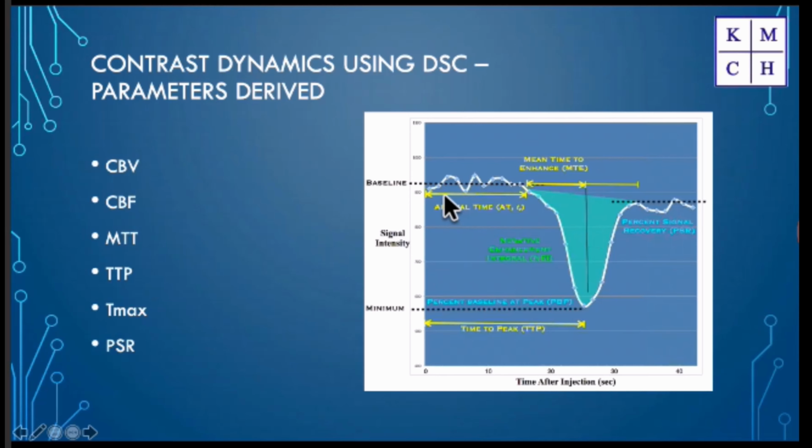So how do perfusion parameters work? We have a tracer which can cause either a dip in signal, as happens in T2 star. In CT, it will actually cause an increase in signal, and it will be recovered as it passes through the area of interest. And as we can see using this graph, we can look at various parameters, including the CBF, CBV, and the transit times. Since the focus is on ASL, I would skip this part and not go into detail.